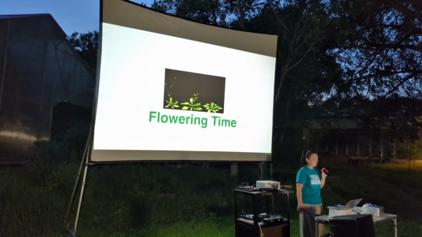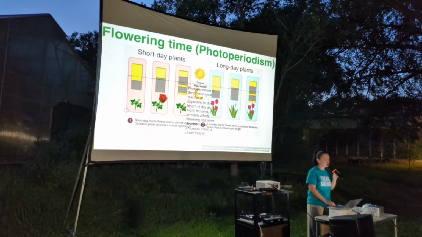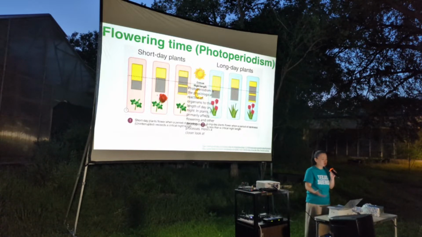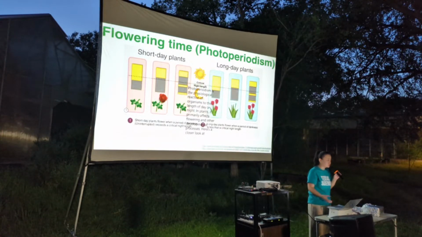Okay. So for the flowering time, how does light regulate the flowering time? Actually, in plant biology, there is another word. It's called photoperiodism. It talks about short-day plants and long-day plants, and how these plants flower. So let's take the short-day plants. For those kinds of plants, if you put them into a day length over 12 hours, they will not flower. But if you put those short-day plants into a day length less than 12 hours, they will flower.